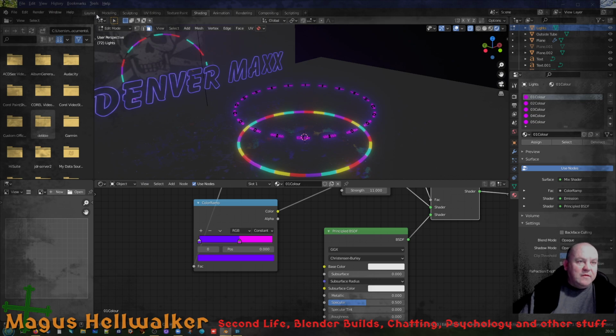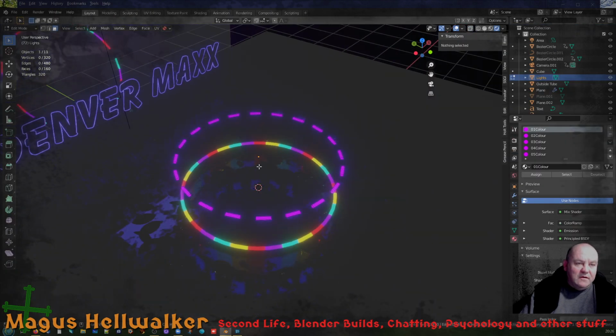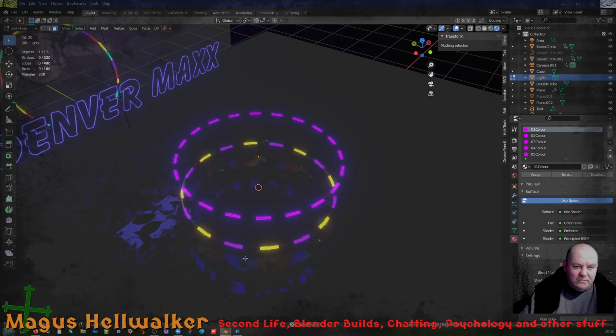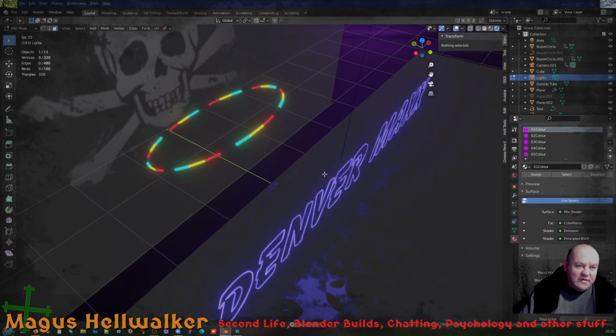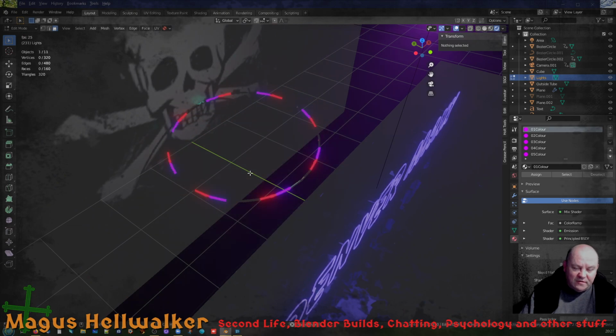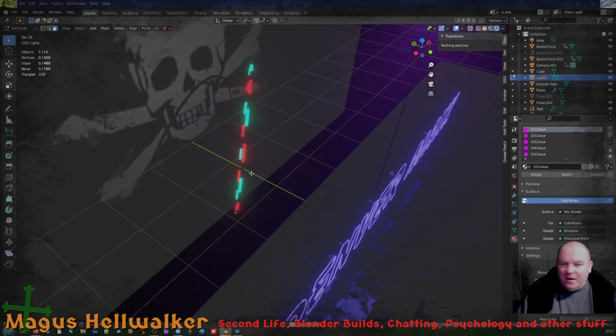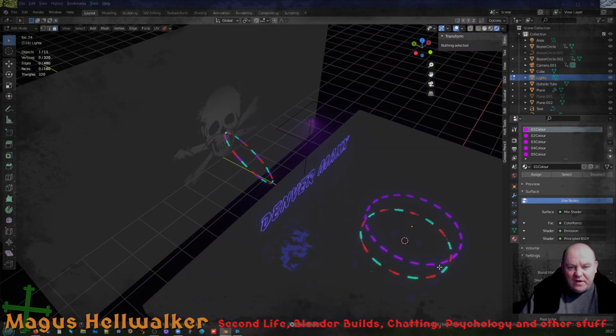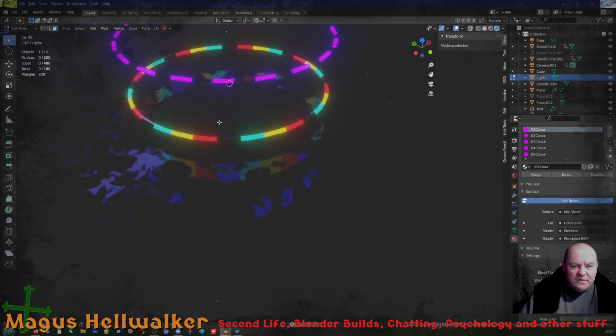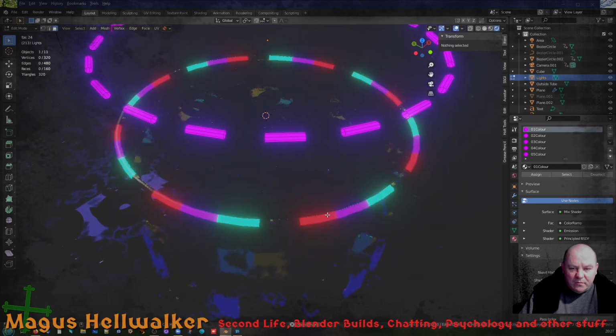Hang on, let me just make this bigger so it's easier to see. All right, so this is kind of what's happening. That was my first attempt at a hula hoop with flashing lights, which I didn't think looked really that realistic. I was quite pleased with the effect, but then what I did on the next stream was I put